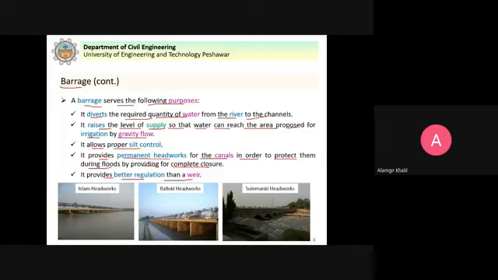You can see here that it provides better regulation than a weir. Similarly, the other advantage is that in case of weir, if there is sedimentation, removal of sediment is not that easy. But in case of barrages, we can open the gates and the sediment accumulated at the bottom can be flushed with the water downstream.